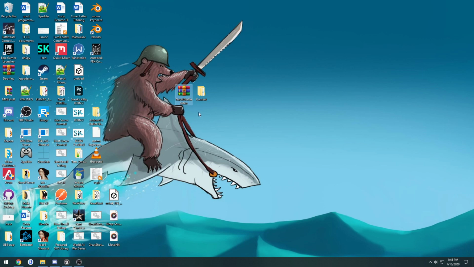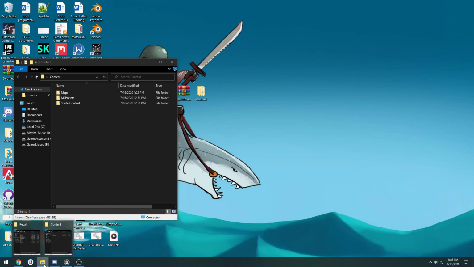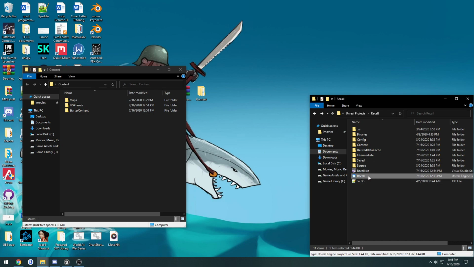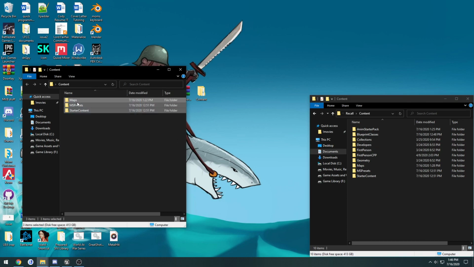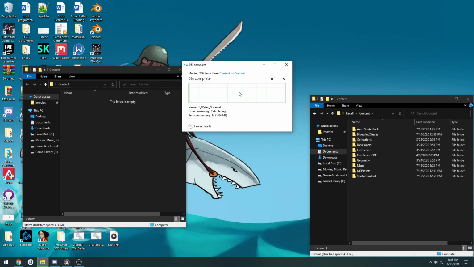What you'll find in the download that is in the description is a RAR called Nacht der Untoten. You extract that, you'll have a folder called Content, open that up. You'll see three folders inside of it called Maps, MS Presets, and Starter Content. Now to use this, we go to our Unreal Engine project directory, the part where your .uproject is, go to Content, and click and drag all of them in there, just like so. I'm just going to go ahead and replace them, it doesn't really make a difference,